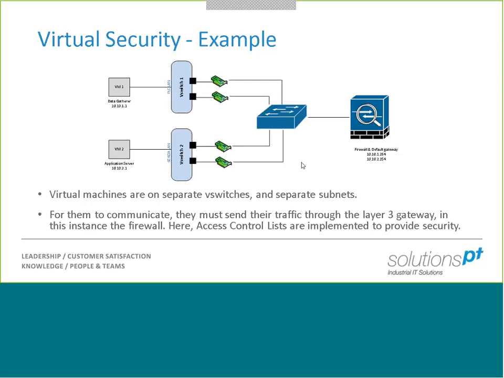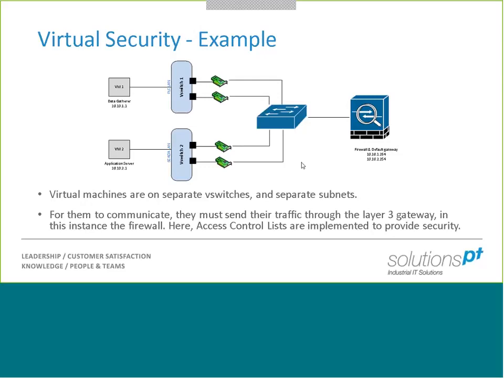So we've created a virtual switch for each one. We have linked our physical adapters to those virtual switches, and in turn those physical adapters connect into, let's say, a managed layer 2 switch on the middle right-hand side. In turn, that switch then connects into this firewall, which acts as the default gateway for both of these networks, both the PLC LAN and the SCADA LAN. So, like I said before, there's no magic in VMware that will allow these two virtual machines to talk to each other unless they go through the firewall, which is the default gateway for both of them.